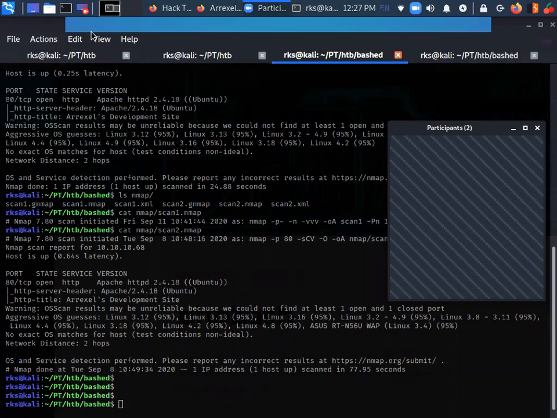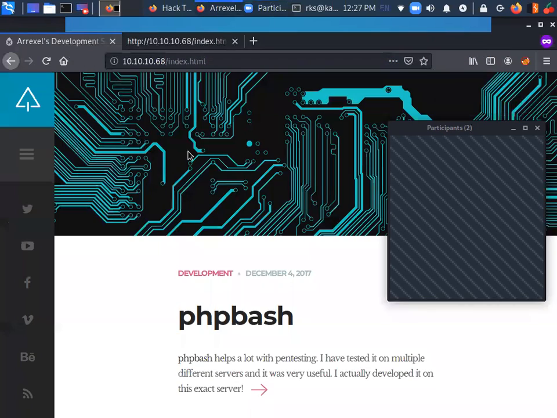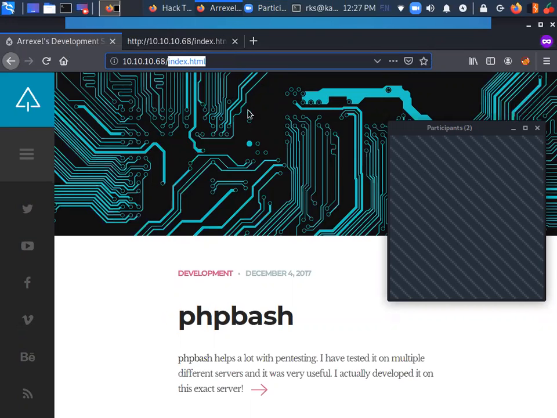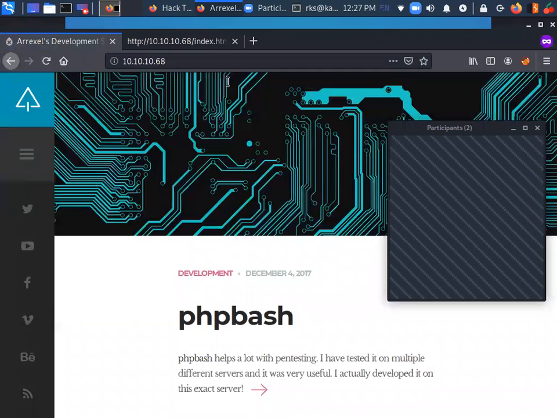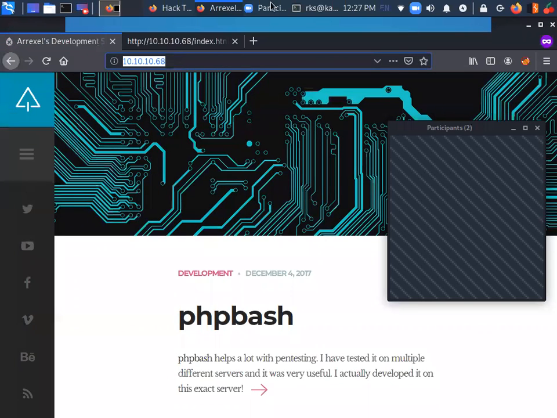What we are going to do is brute force the URL at this point. We want to see what directories, files or folders exist here, like login.php, login.html, index, admin, something like that.